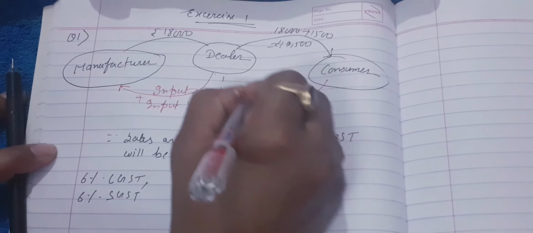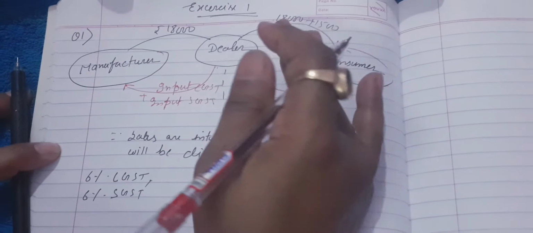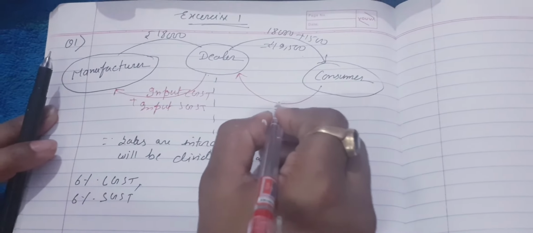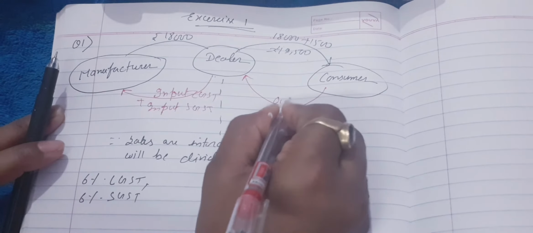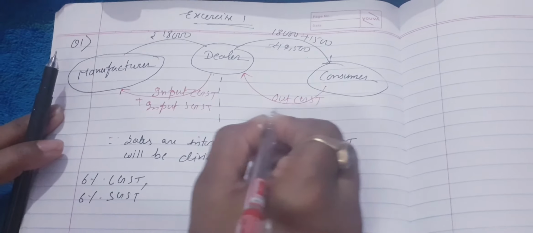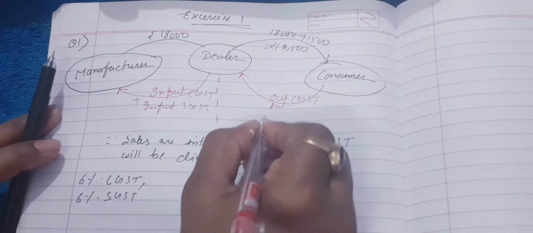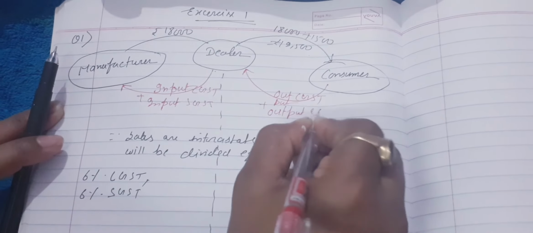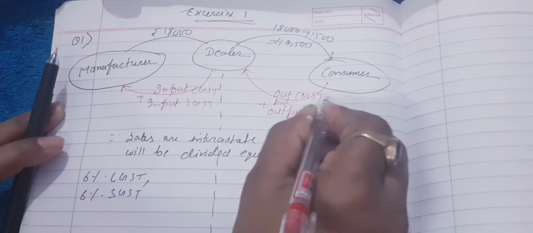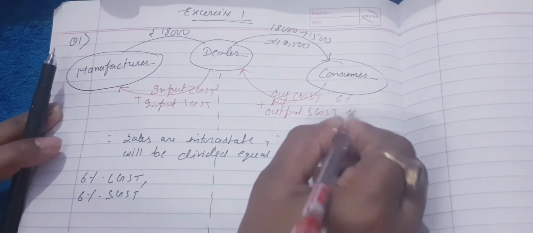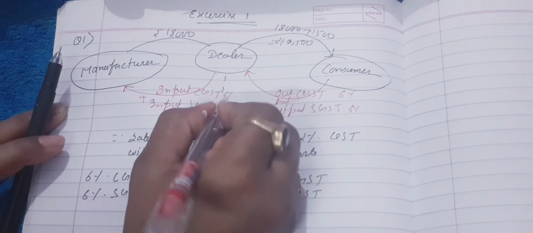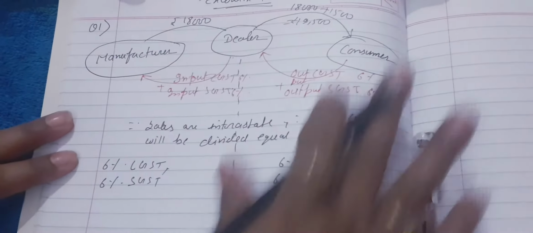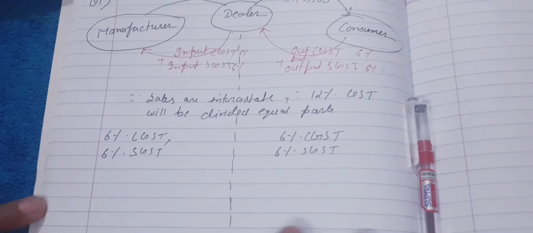And the tax paid by the consumer, because the item will be out for use, so this GST will be named output CGST and output SGST. This will be 6%, this will be 6%, this is also 6% and 6%. I hope it is clear up to this one. After that, what we'll do,